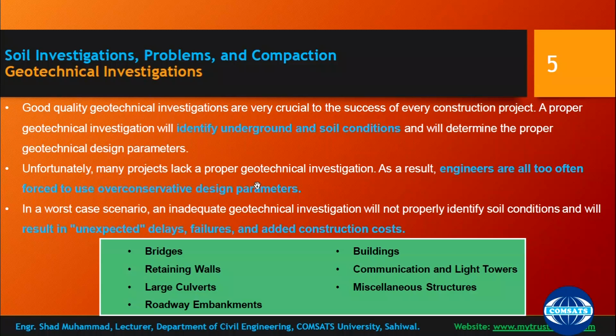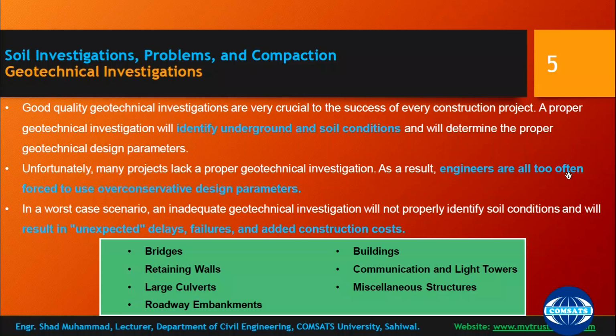So if there is lack of awareness regarding soil behavior, or people do not care about soils a lot, or that is a developing country, then there are very poor geotechnical investigations. Otherwise, for very refined projects and complex projects, and in developed countries, geotechnical investigation is particularly very important.